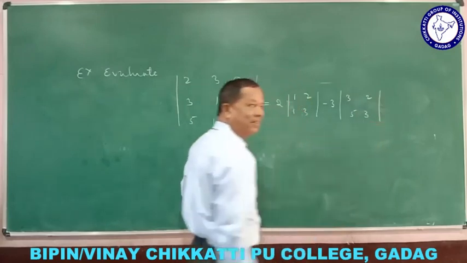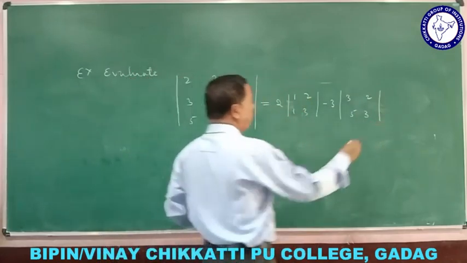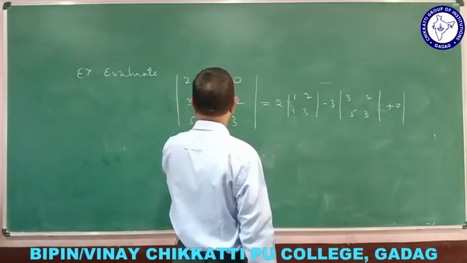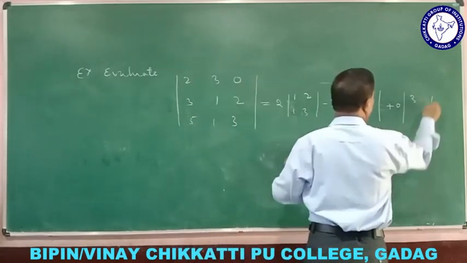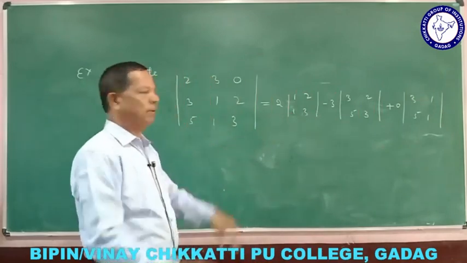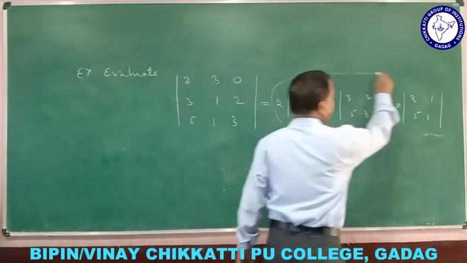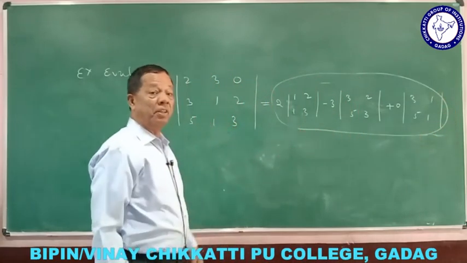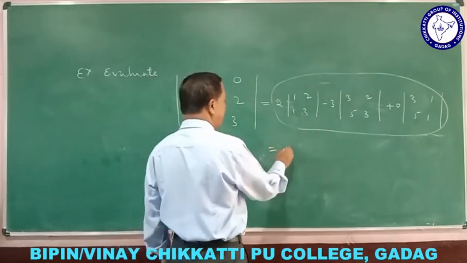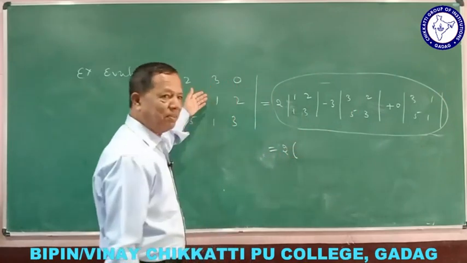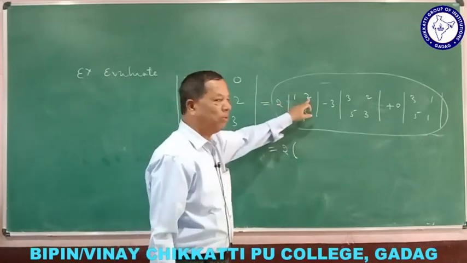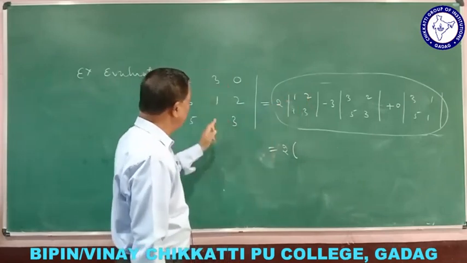Is it correct or not? And next, 0 plus 0 into bracket. Then what? 3, 1, 5, 1. But I have not told this method in the previous case. Directly I have told, so you need not go for this. This practice is not good. If you see the textbook, again you say that this is not explained. So directly what I am telling, 2 into bracket, you only do this. 2 into bracket. 1 into 3, here also you do. 1 and 3 minus 2, here we will find. Here only we do it. 3 minus 2.